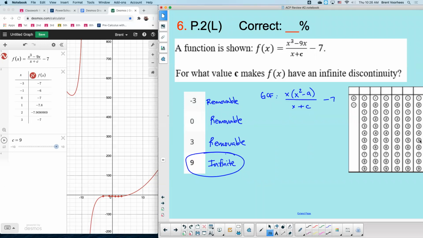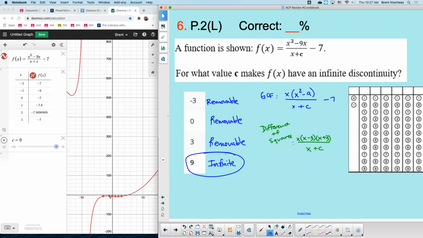This x squared minus 9 is what we call a difference of squares. You could use the X method, but if you factored this again, you'd end up with x times x minus 3 times x plus 3